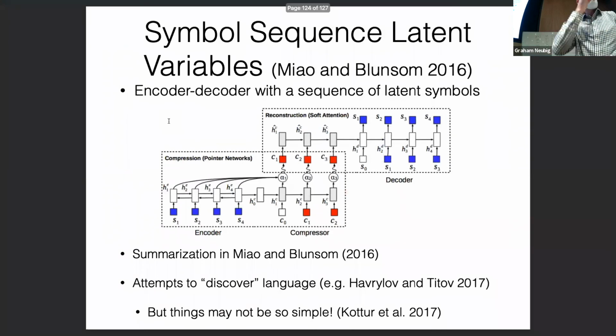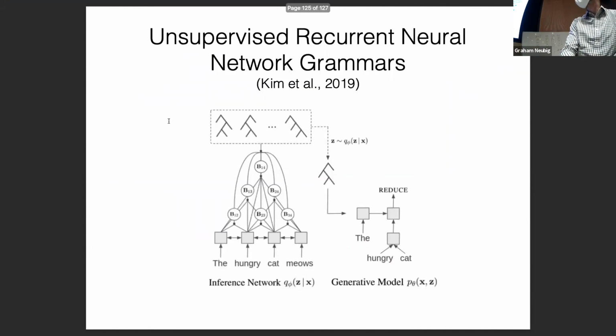There's a couple other nice tricks in the paper on how to train the models as well. Like we pre-train the decoder and the encoder and other things like that. So you might want to take a look. Another example of a VAE style model that has been used to induce latent variables is inducing